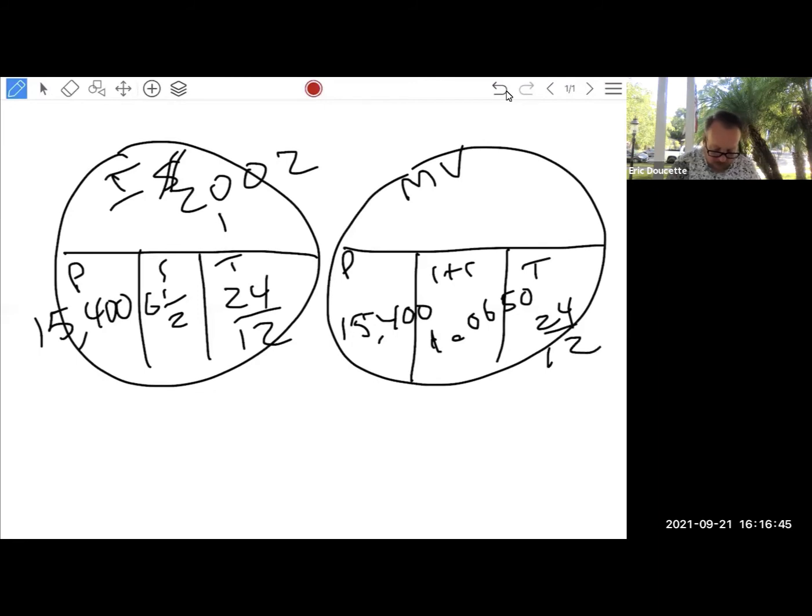Now, when you're doing this problem, because it's 1 plus 0.0650, you want to start from the innermost circle. So 0.0650 times 24 divided by 12 equals, so the answer to that is 0.13, and then I'm going to add the 1 back into it. So then I'm going to multiply 15,400 times 1.13, and that should equal